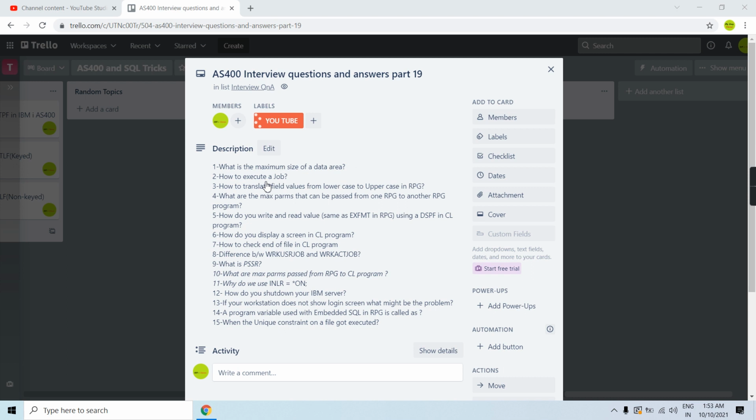The second question is how to execute a job in AS400. Basically there is a CL command which is used to execute a job named submit job. So we can use that CL command to fire a job